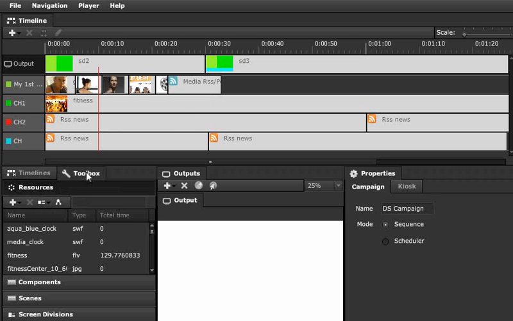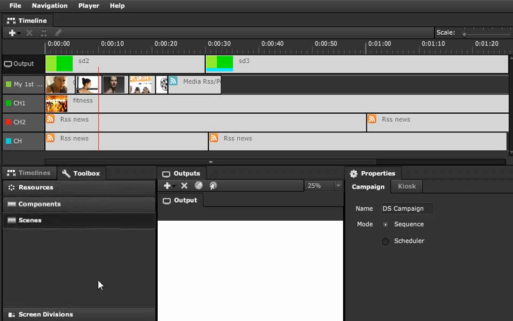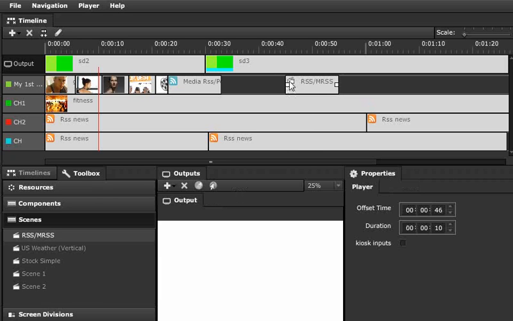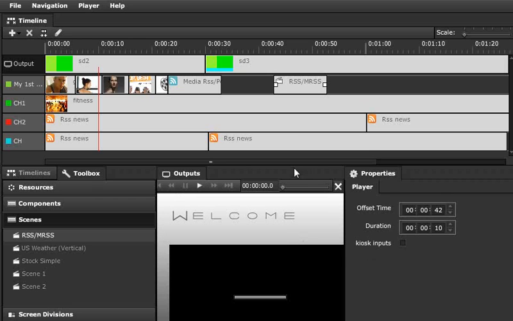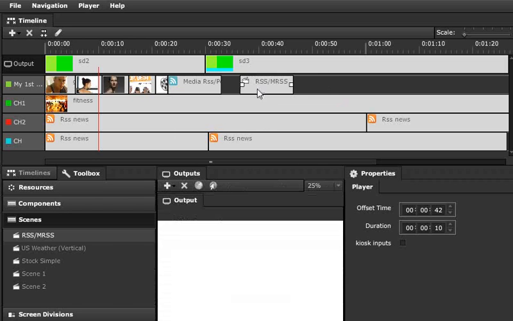We can of course switch to toolbox and switch to scenes, and then go to the scene that we've created, the Media RSS and RSS scene that we just created. Drag and drop that on the timeline and put the scene directly on the timeline. If we double click on it and review it, this is the same scene that we created earlier. So of course that's one option. But another option is actually to go to the components